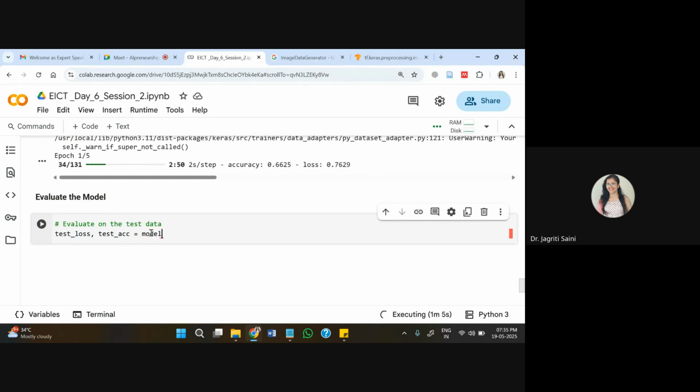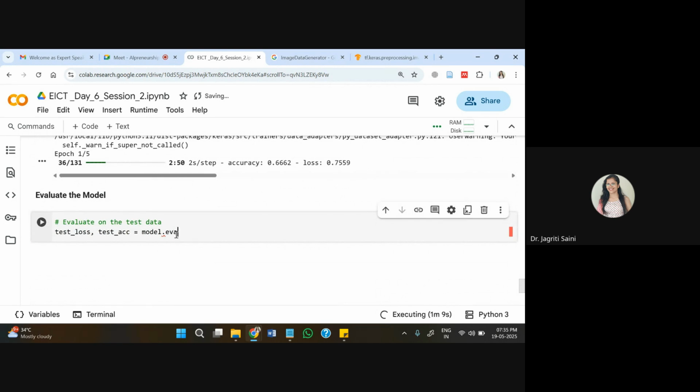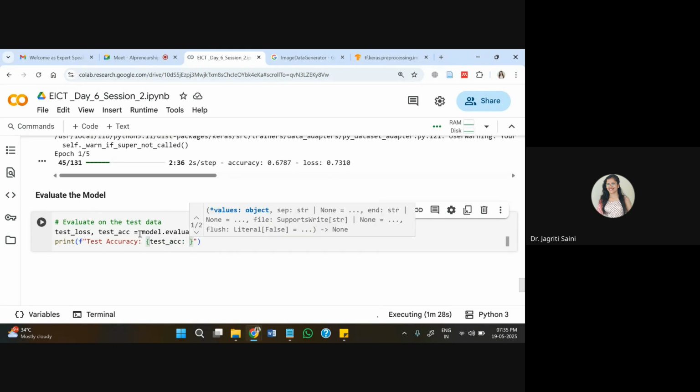And for this, the model that we are fitting right now, that only we are using for the evaluation purpose. And inside this, now I'll have to pass my test generator, because this contains my test data files. And within this, I'm passing test accuracy, and that will include information from the recently created variable, this test accuracy.